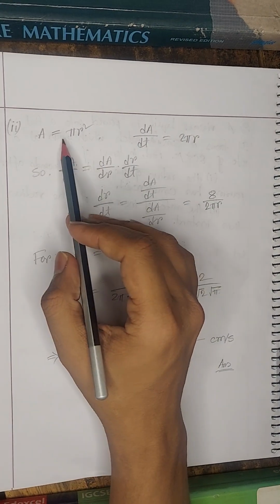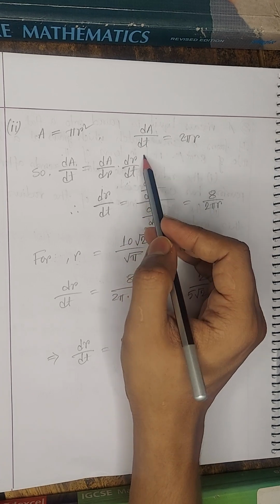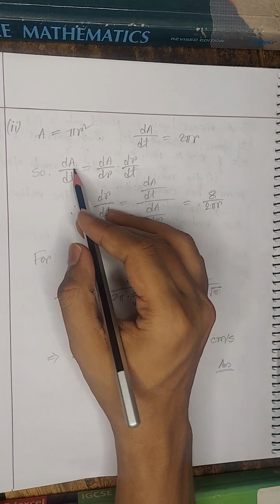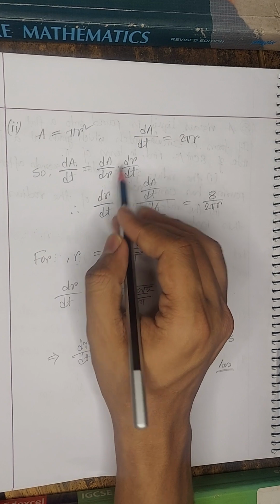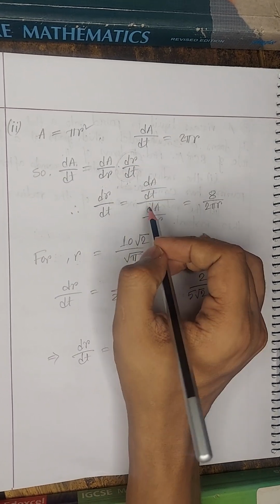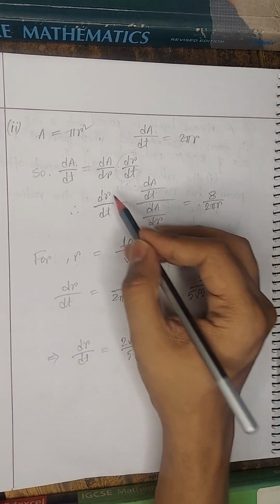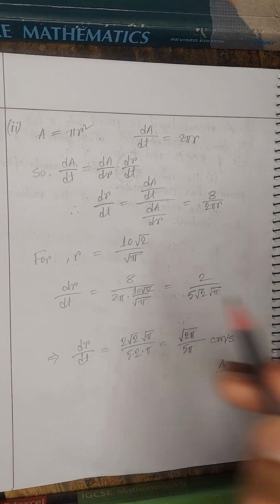we know A is equal to pi r squared, which is the area of a circle, and from that we get the value of dA by dr, which is 2 pi r. Now dA by dt is equal to dA by dr times dr by dt. From this we find the value of dr by dt, which is dA by dt divided by dA by dr, and dr by dt will be 8 by 2 pi r, and from this the value